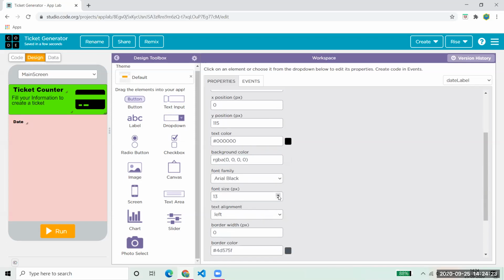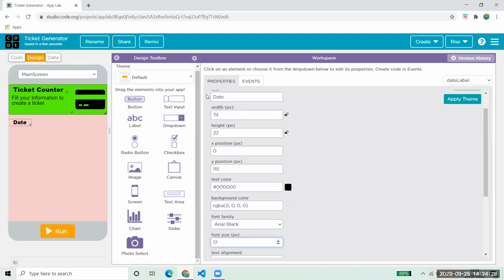Little bit bigger. Yeah, that's fine. A little bit up. Yeah. So now